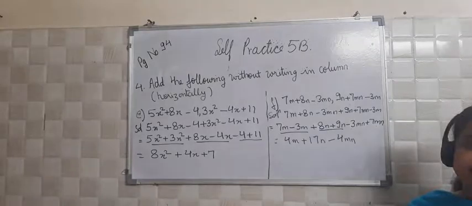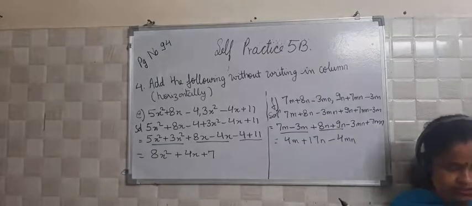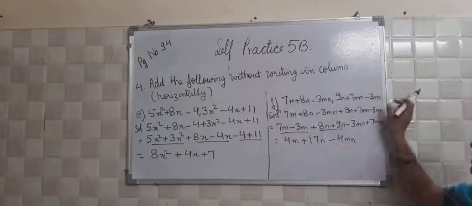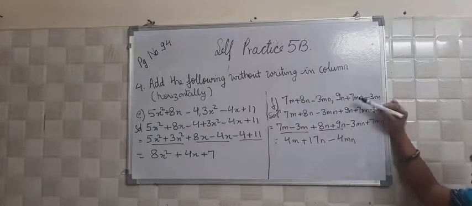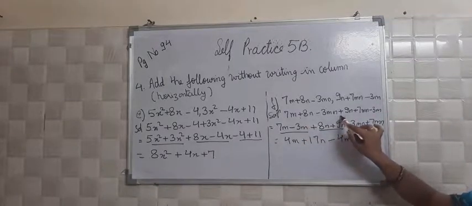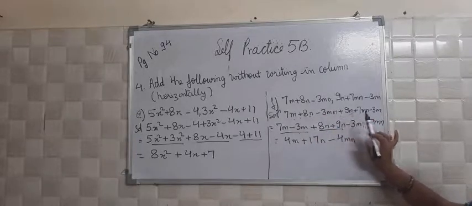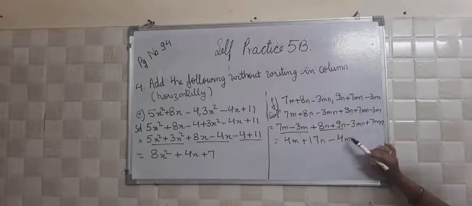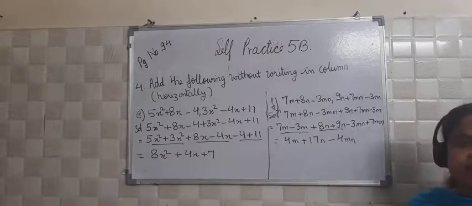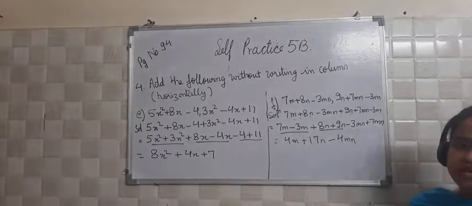Okay, students? Once more you see this F part, there is a little bit of confusion you may make. 7m plus 8n minus 3mn. So here m they have taken at last, minus 3m. 9n plus 7mn. Now firstly we will remove the comma. So here it will become plus. So 7m minus 3m, 8n plus 9n and minus 3mn plus 7mn. So you will have 4m plus 17n plus 4mn. Okay? Any confusion here? No confusion? Now let's move to the next question.